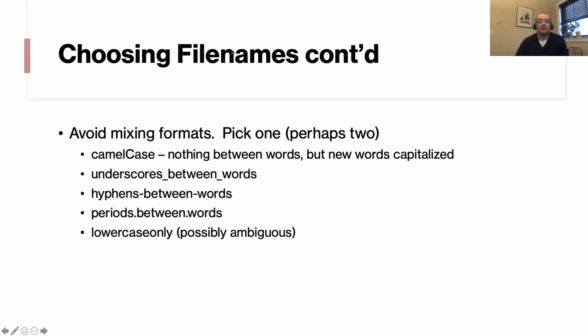And further, there are different formats if your file name is going to be a little bit longer and you're not having spaces. There's a couple different ways to separate words, either using camel case or underscores or hyphens. Periods aren't the best option because it's also used to denote the difference between the file name and the extension. So if you have extra periods in there, it can sometimes be a pain. And lowercase only can be ambiguous because there's no distinction where one word ends and another begins.